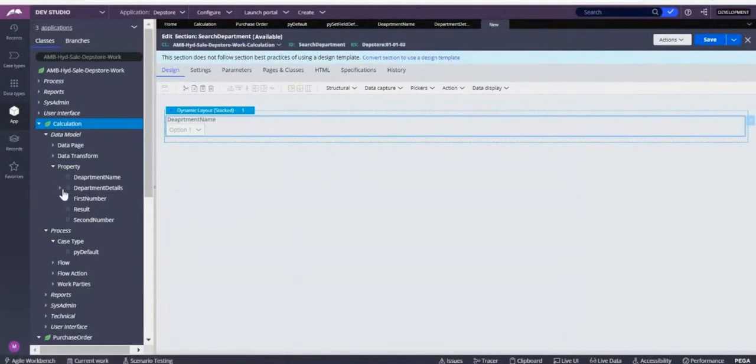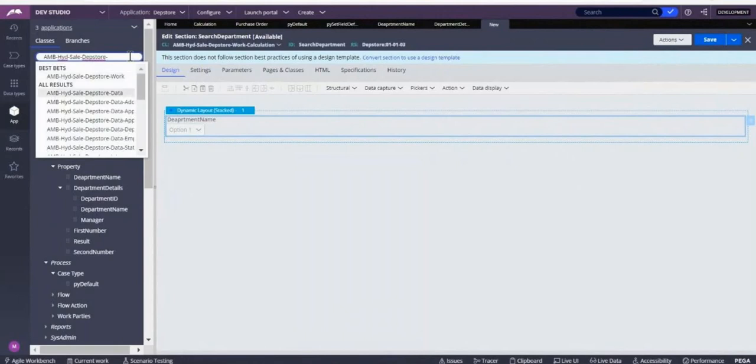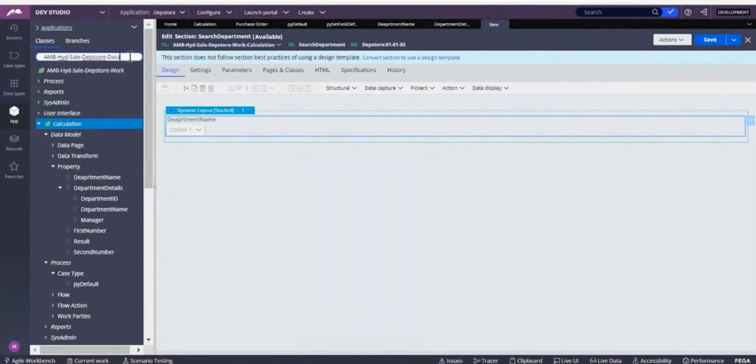So then what you have to do? You have to embed the section. Whenever it is a page property, you have to embed the section. Okay, section, not session, section. Embed the section. Before you embed the section, that section should be available in your data class. That is in your department.